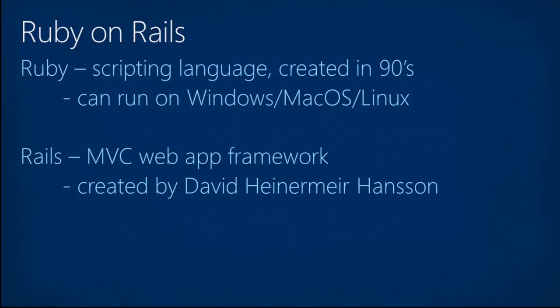But Ruby really became popular when an MVC web application framework called Ruby on Rails was released as an open source framework. And this was created by a guy named David Heinemeier Hansson. What's kind of interesting, a bit funny and ironic about this is David Heinemeier Hansson's a partner in a company called 37 Signals, and Ruby on Rails came out of an application they built called Basecamp, which is a simple project management type application. They built that with what was Ruby on Rails, extracted Ruby on Rails from that